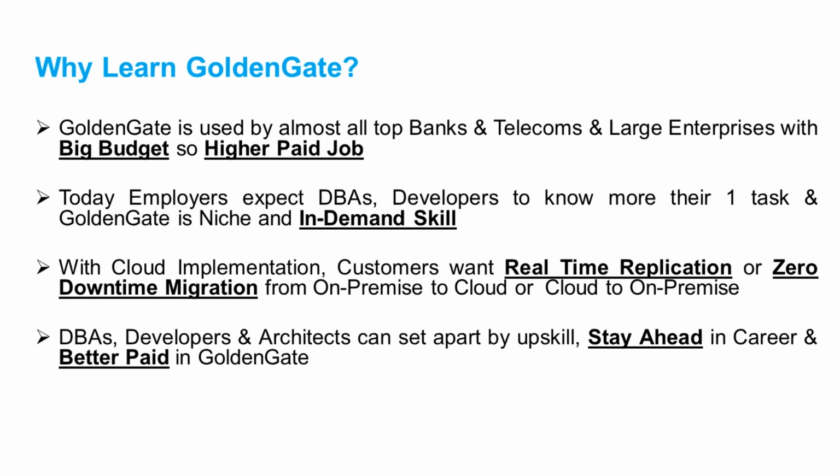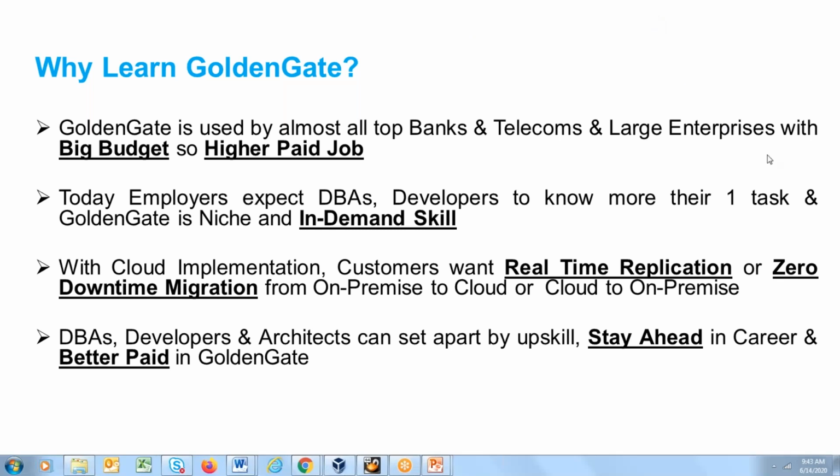Many organizations sign an end user license agreement, which is called EULA. They sign the end user license agreement with Oracle with Golden Gate included. Golden Gate is a costly tool, right? So when they sign the end user license agreement with Oracle, with Golden Gate included of course, they are free to use Golden Gate on any number of servers and anywhere. Again, it depends on the licensing part, but yes, you can use Golden Gate.